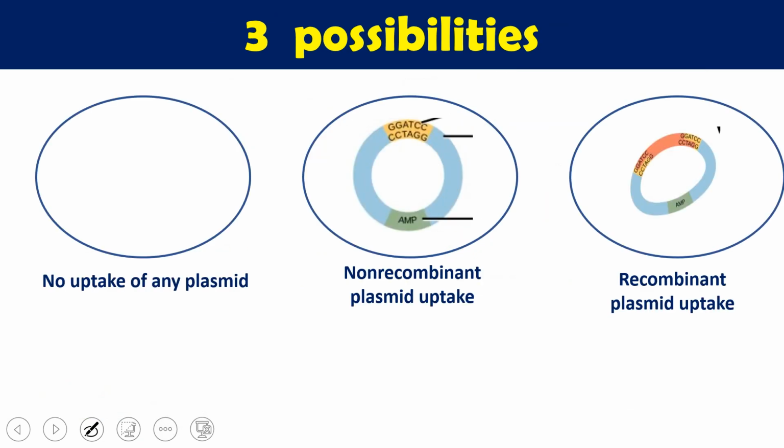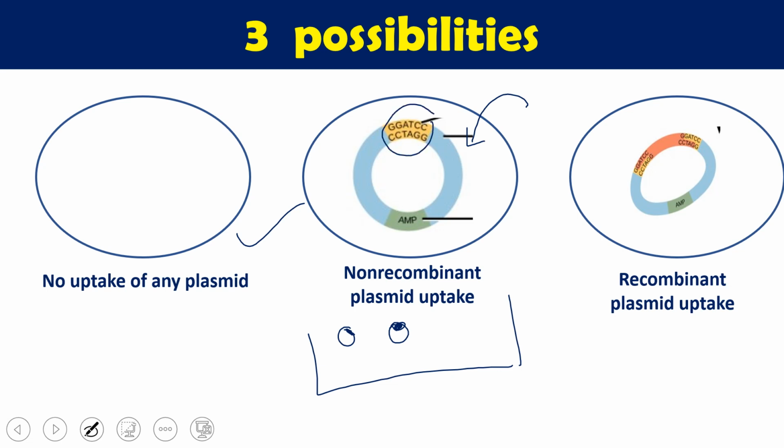So, cloned vectors. After that, we are going to insert these into competent bacterial host cells. Competent host cells means the bacterial cells that are ready to take this up. So in your culture plate, you have all the competent cells. There you put the normal vectors, which are recircularized, and the recombinant vector. So there are three possibilities. Either the bacterial cell does not take anything, or the bacteria get only one type of plasmid, that is the recircularized, non-recombinant plasmid, or it gets the recombinant plasmid.